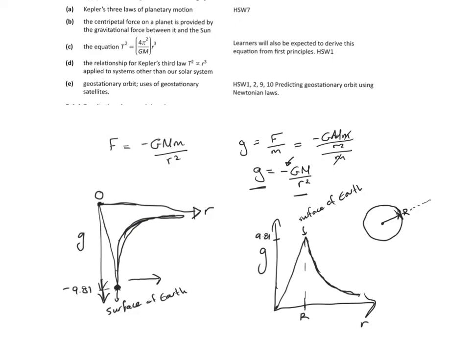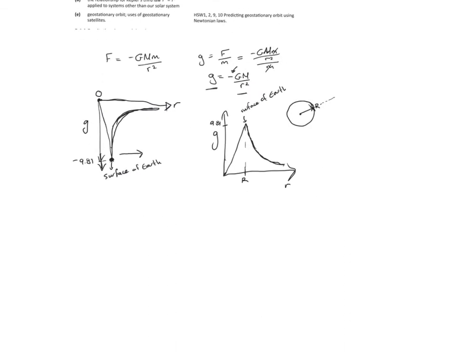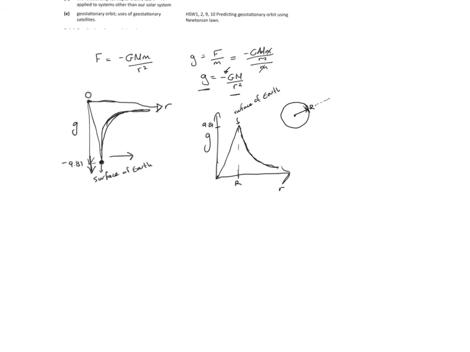So now, how can I make this line straight instead of curved, so I can even analyze it? The easiest way of doing that is to draw g against r squared. So g versus r squared. It will still be a negative line if we don't label the fact that, for example, in this case this line was minus GM over r squared. So I'm labeling the fact that I made it positive when it was supposed to be negative. Yeah, for a straight line, sorry,